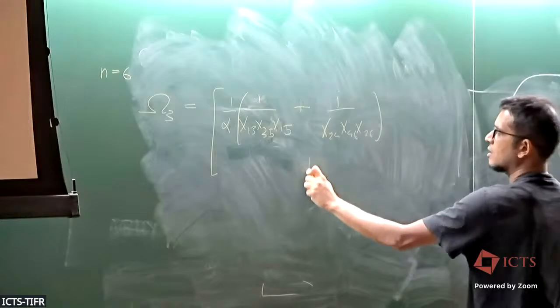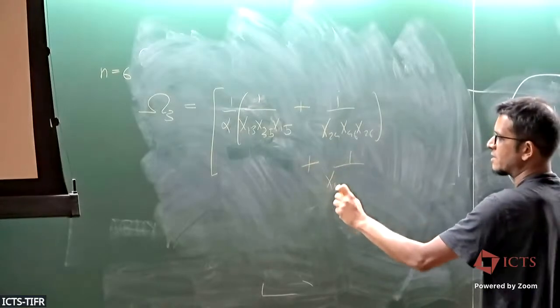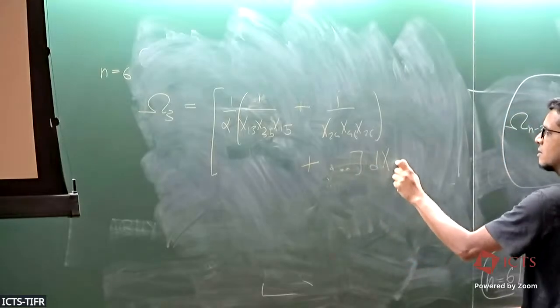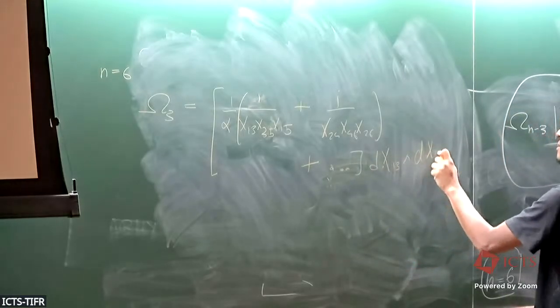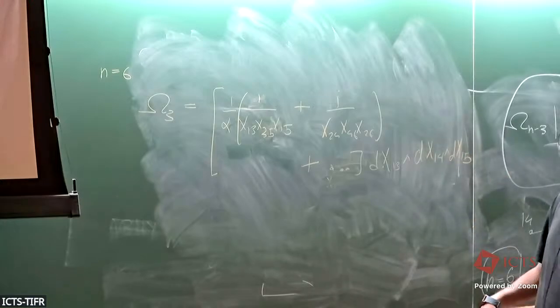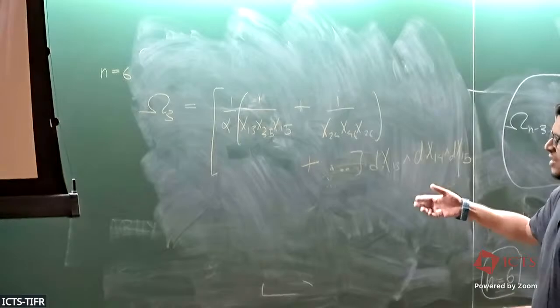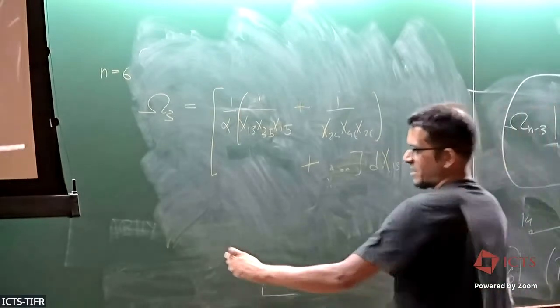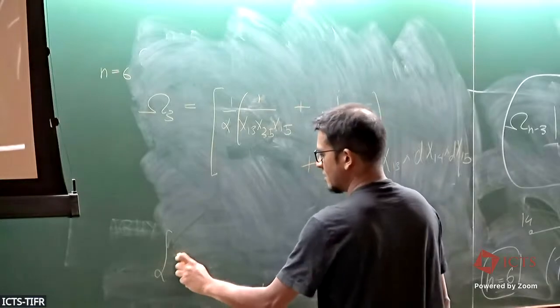Sorry, 1 second. I'll just plus all the other terms multiplied with... and now you can ask, okay, what is this garbage? And you can show that this is same as a 6-point amplitude for a theory where the Lagrangian is, the